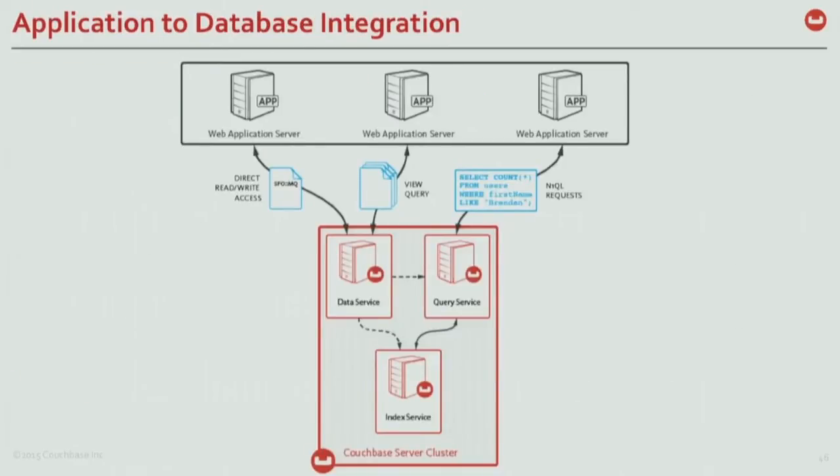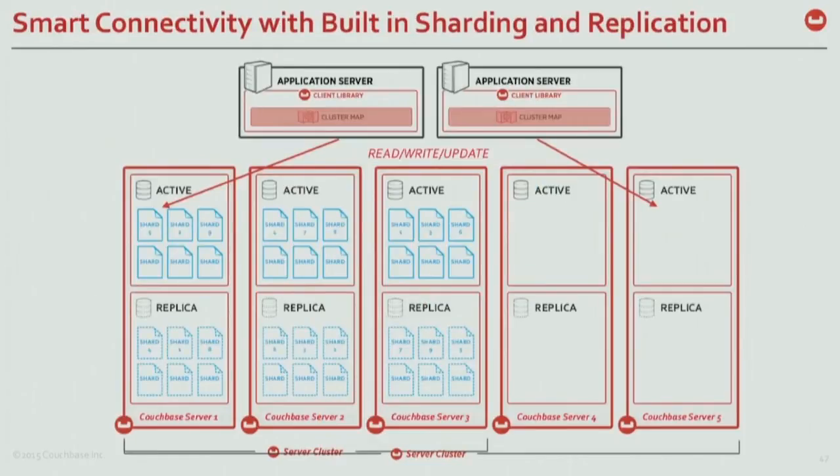So three ways, soon four, to query stuff. Just basic CRUD key value stuff. View queries, which is an incremental map reduce: you build your own index and you query your index. Or good old N1QL requests. And then soon full text. Again, it's a PDF, so no animation, but what I was supposed to show you is that if you want to spread out the load, you add two empty nodes on the right, and you trigger an operation called a rebalance.